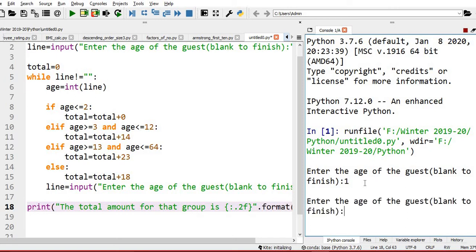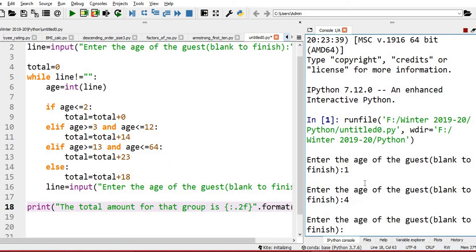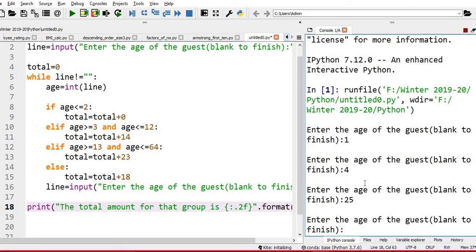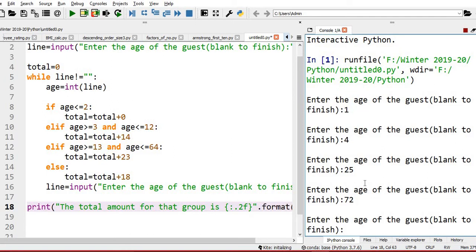Then another guest, say for example 4 years. Then let me have another person of age 25. Another one 72. Now I want to finish, so I'm just entering. Let me hit enter.